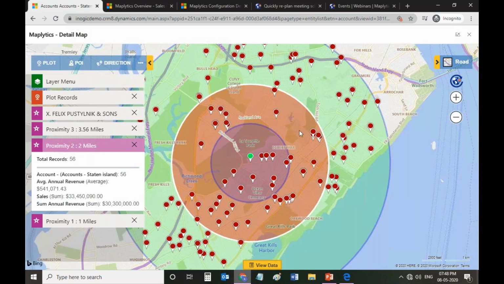So here I have selected the middle circle, and now I click on view data grid. Within this, I click on mass actions. So here you can see, if I click on the mass actions, this will give me an option of sending an email.